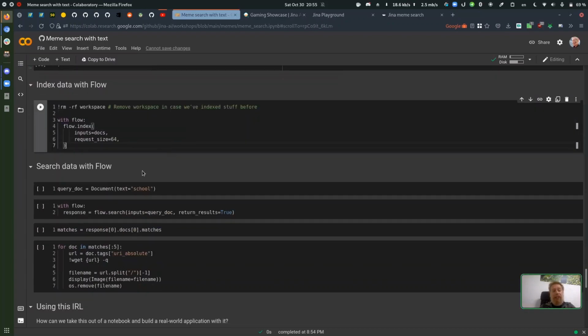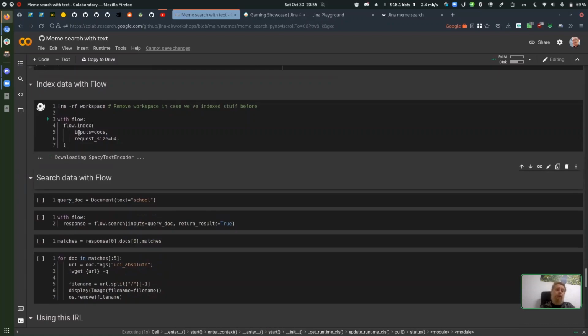Let's index the data. So we're going to open the flow, give it the input documents, and just give it a small request size, 64. So it'll take a batch of 64 documents at a time. So right now we're getting the encoder from